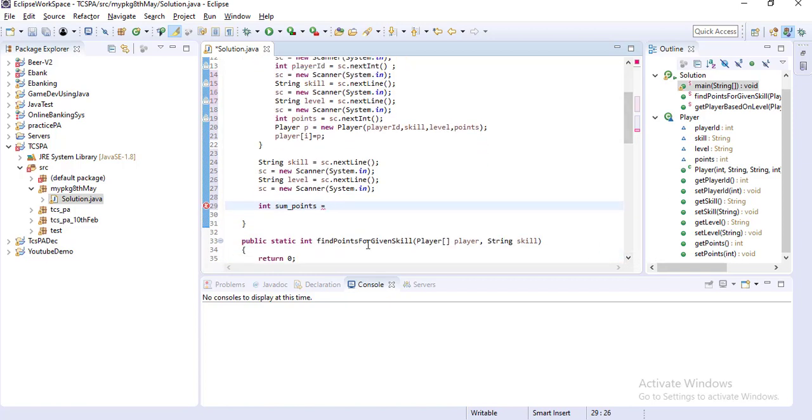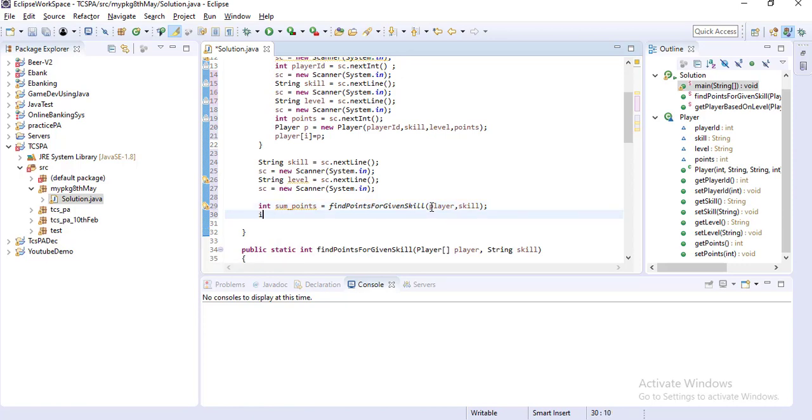It takes 2 parameters: one is the player array, which contains 4 player objects, and the other is skill. Then I have to check if sum_points equals 0.